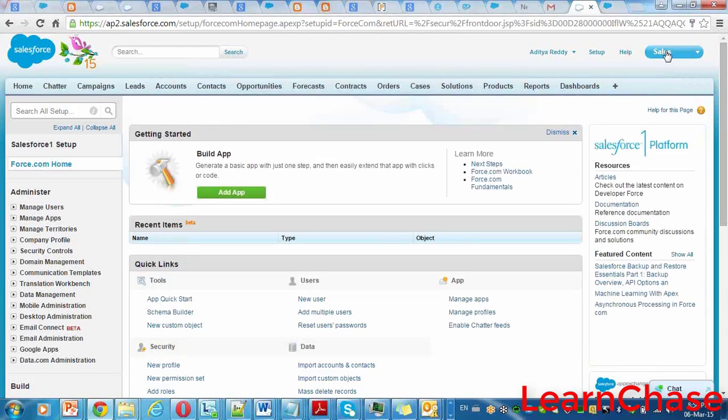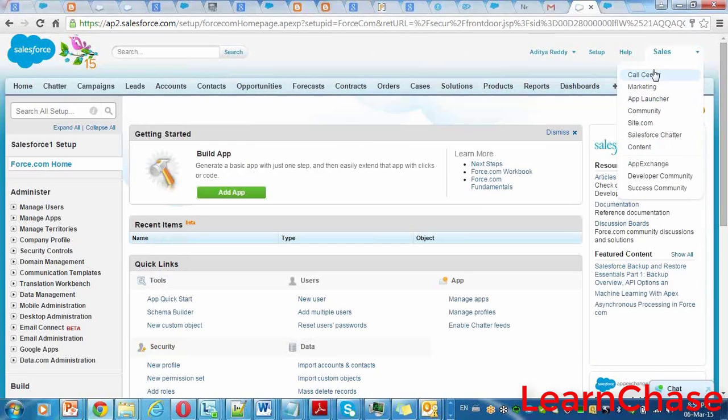Now, if you see the topmost right, there is a drop-down. These are the applications that Salesforce already created. Every one is named as an application. I told you yesterday, CRM is an application developed by Salesforce.